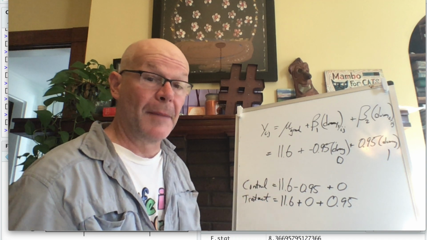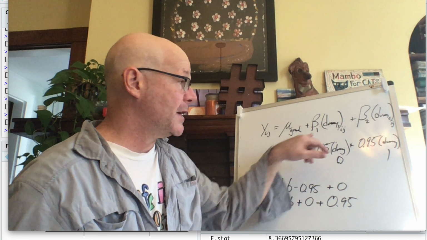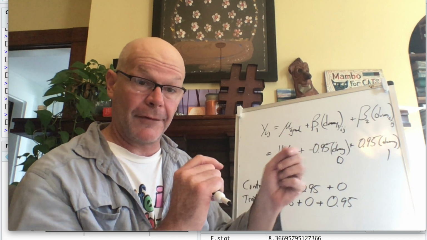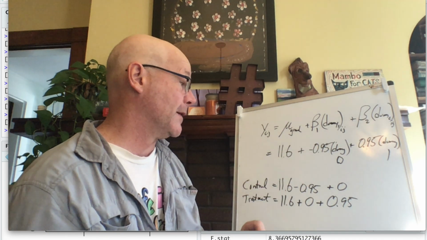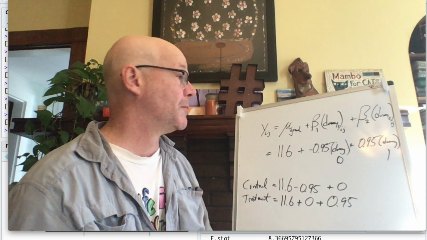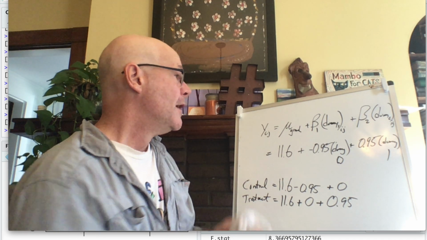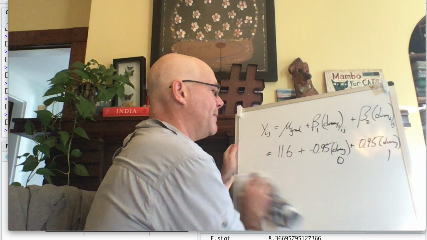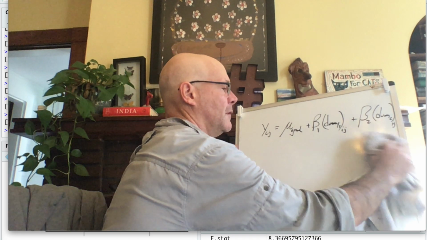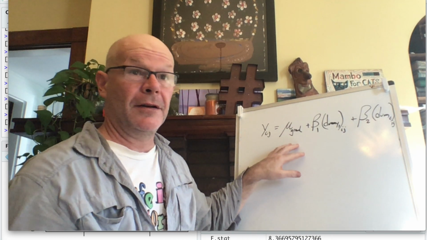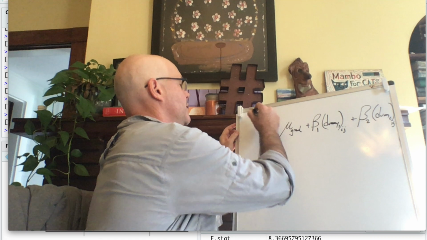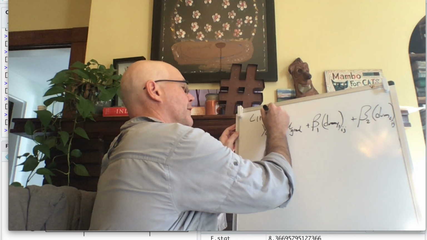Okay, so that's what's meant by dummy coding. You can think of it as a way of just turning on and off different parameters in the model, whether or not you're in that group. And so this type of model that we have right here is what's referred to as a linear effects model,